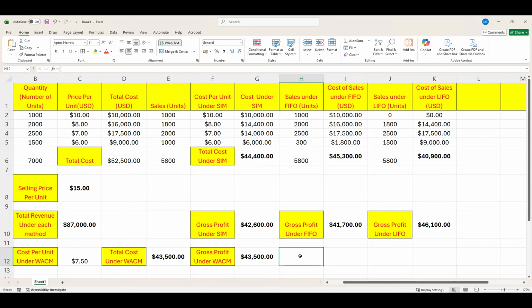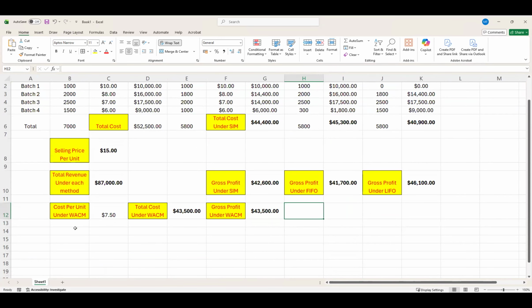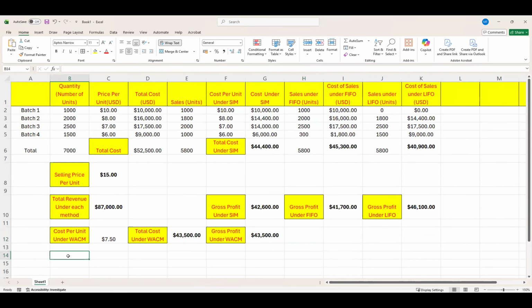So in terms of the number of units, there will be no difference in any method. If you talk about the ending inventory number of units, that will not change. I hope it's visible to everyone. I'm reducing the font size again. So if I talk about ending inventory number of units under all methods,